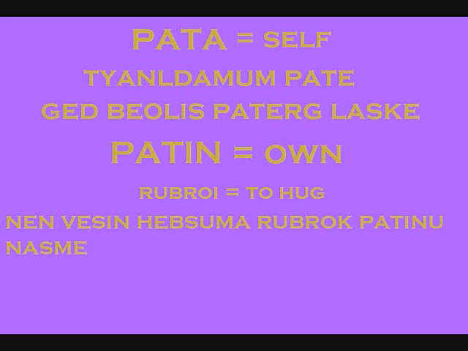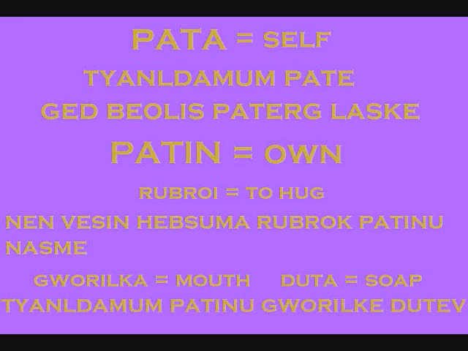For example, if we define Rubroi as to hug, then en vesin hepsuma rubrok patinu nasme would mean the little girl is hugging her own mother. Patin can also be used simply for emphasis, highlighting that something belongs to the subject. If we define Gworilka as mouth and Duta as soap, then Tyanldoi patinu Gworilke dutev would mean wash your mouth